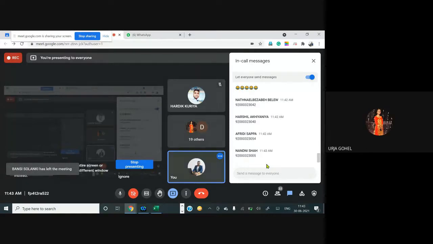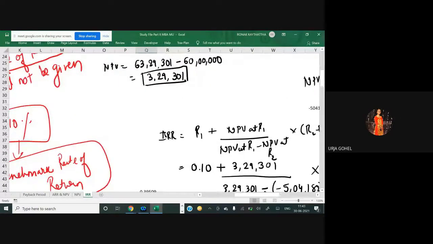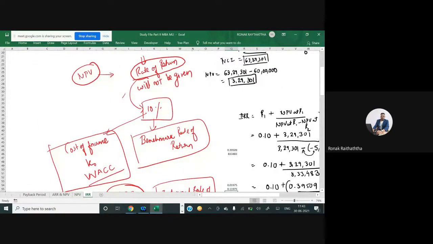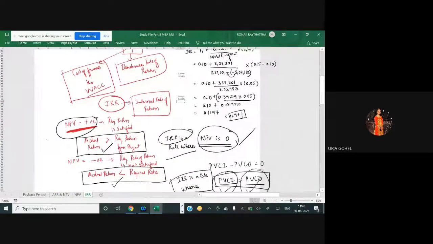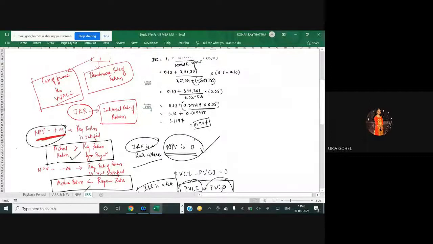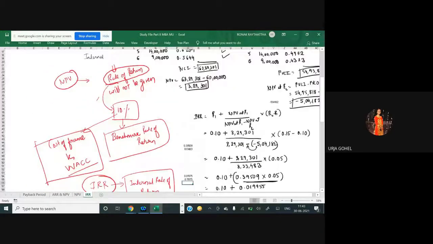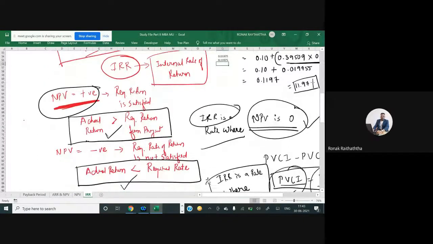Sir, can you display that Excel sheet? I want to take a picture of it. Theory section. Yes, this one. I will share the full Excel screen with you, Urja, but okay, take it for now so that it helps you. Should I move it up a little? No sir, I got it. Got it? Okay, fine. Yes, sir. Good. Okay. Thank you. Okay, take care.